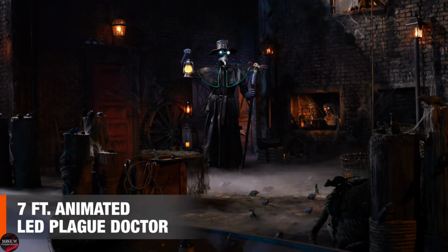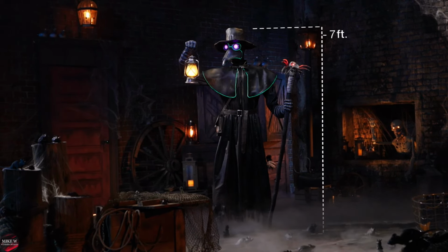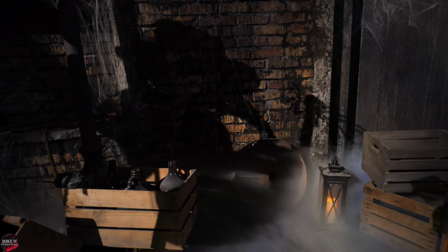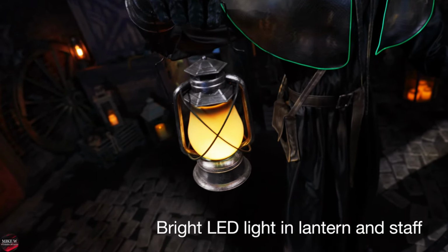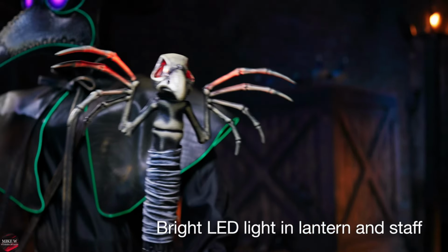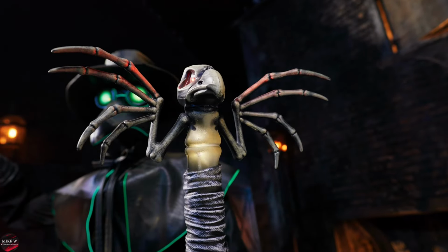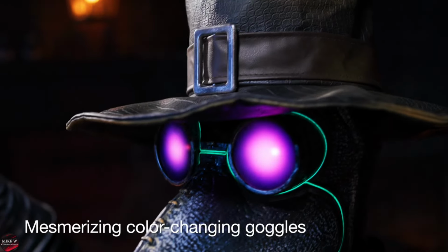Towering above even the healthiest specimens, the 7-foot animated LED plague doctor casts a shadow on all who cross its path. Its big beacon of blight and foul-boned staff fill a midnight dreary with bright LED light, and his distressed cinder goggles change colors